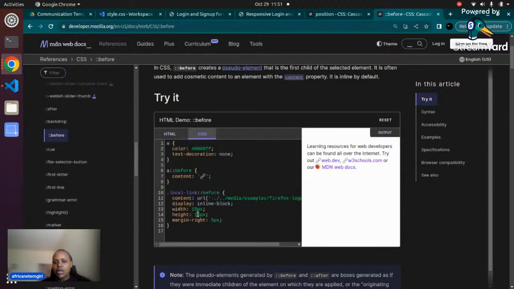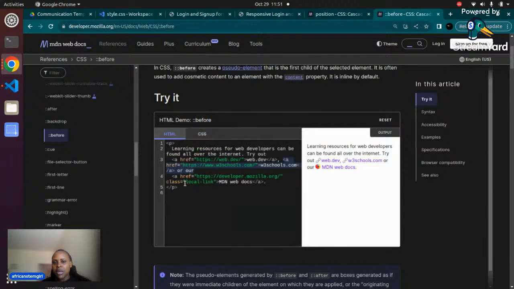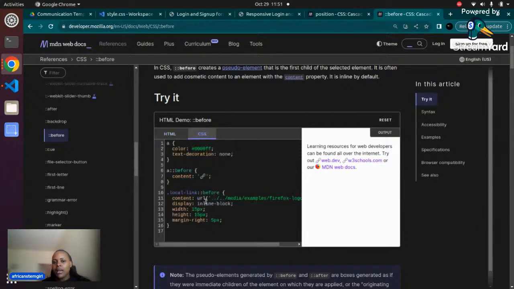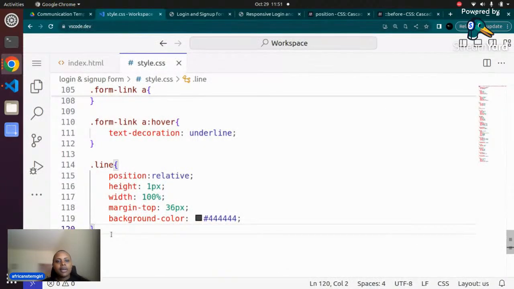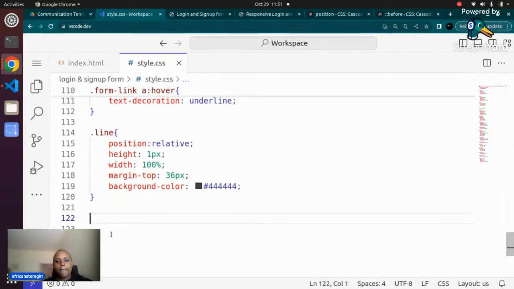So for this one, now they have given it a class name and they have said, for the class that has the class name local class link, go ahead and add a particular image. So they have added this particular image and they have added more specifications on the width of the image, the height, the margin, and also how it should be displayed so that it can be next to it. So we are now going to do the same thing. So I'll come back here and I will say dot line